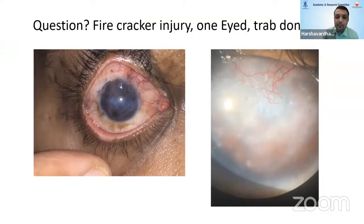So I had just one question about this case. We had thermal injury, firecracker. One eye is already gone. There is an implant placed there. This is the only eye which is seeing 1 meter. There is pannus growing superiorly. The lower part of the cornea appears clear, through which the patient is able to see something, and the central cornea shows scarring. My question is whether just removing the pannus and placing an amniotic membrane would be better, or taking stem cells from the inferior part and doing a slit would be better, or taking stem cells from his...